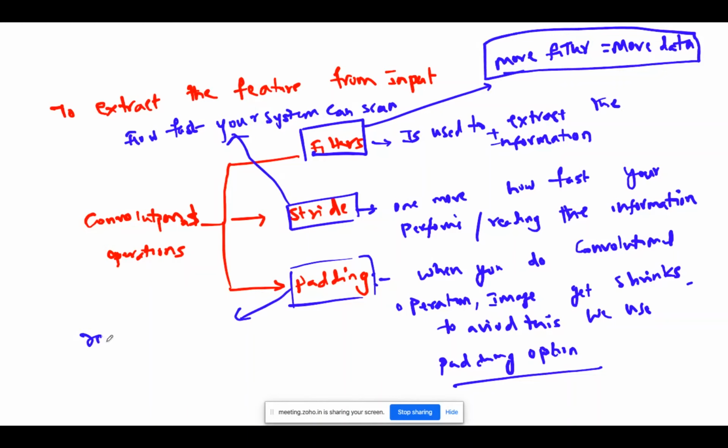Padding is to retain the originality of an image. There is a relationship between padding and the filters. We will see that.